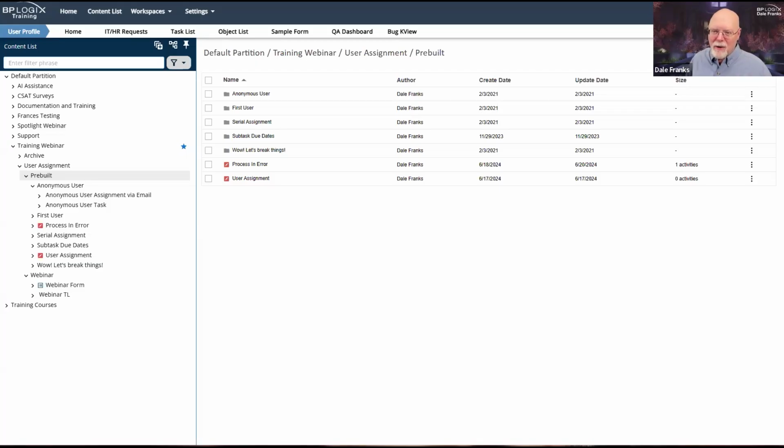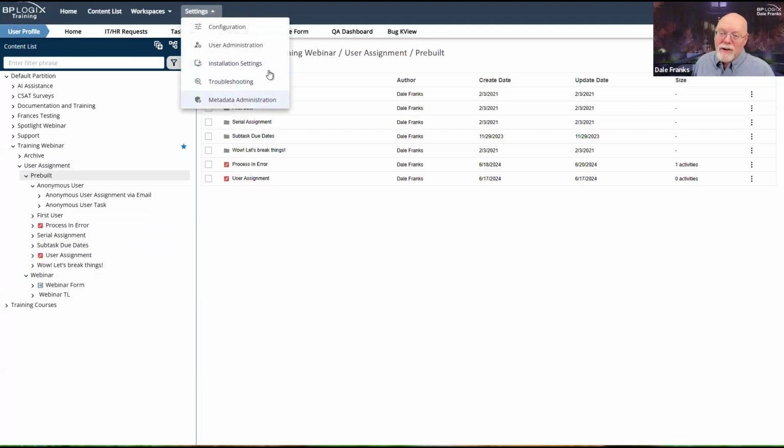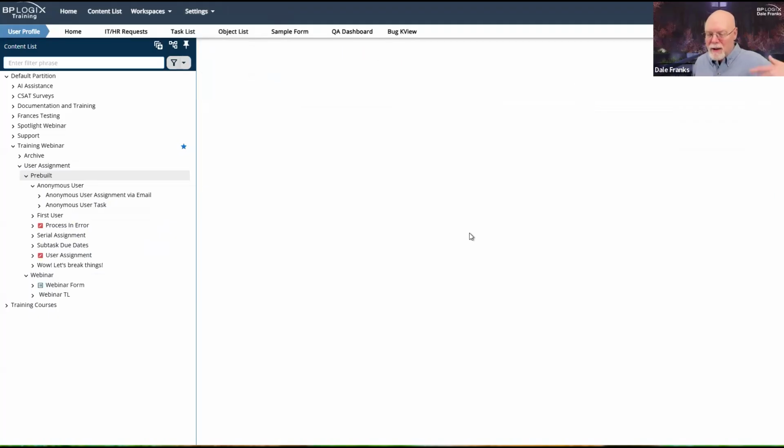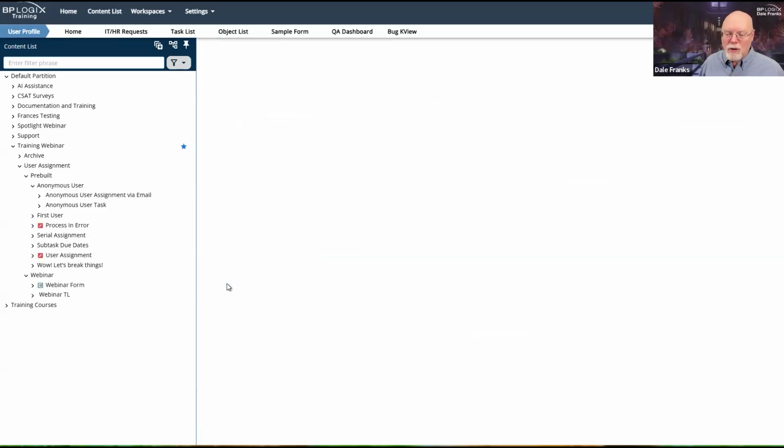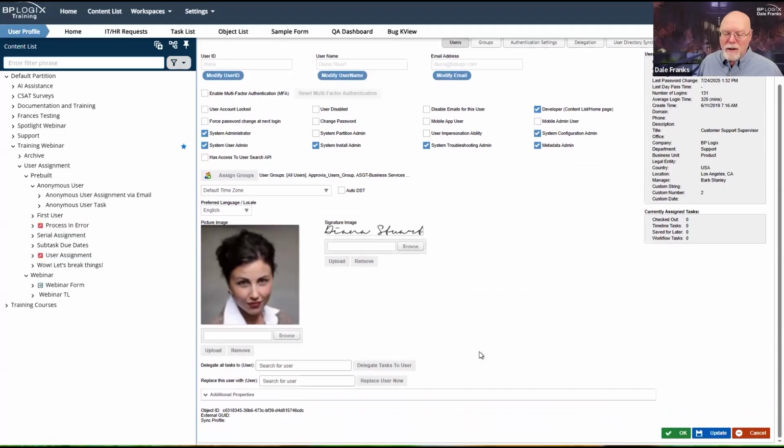Unless there is one global option that you have if you want to replace one user with another universally. You always do have the ability. Let's say somebody leaves the company and they have 100 tasks that are outstanding. Well, we know that they're not going to complete those tasks, so I'm going to have to replace them. So I do have the ability inside my user assignment to open up somebody's user account. So let's say Diana had left the company. She's no longer going to be with us.